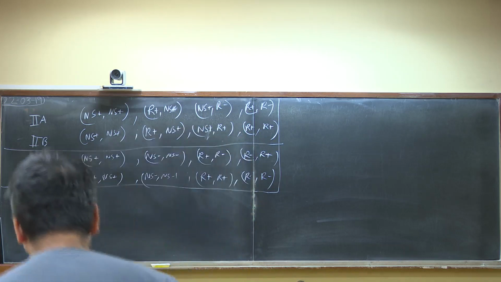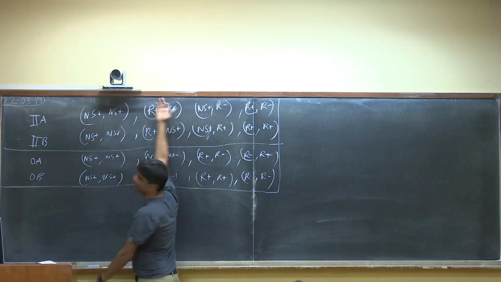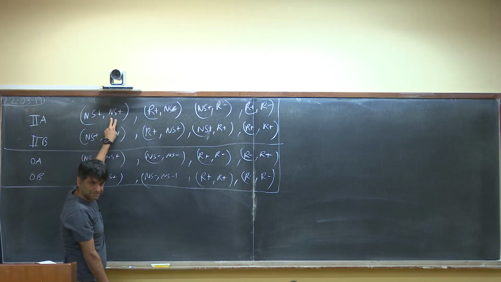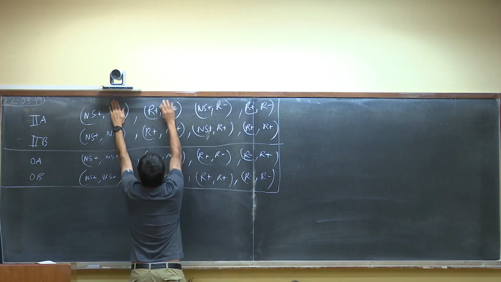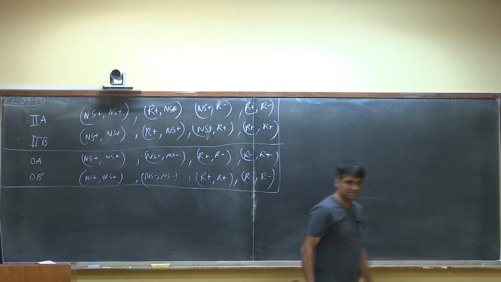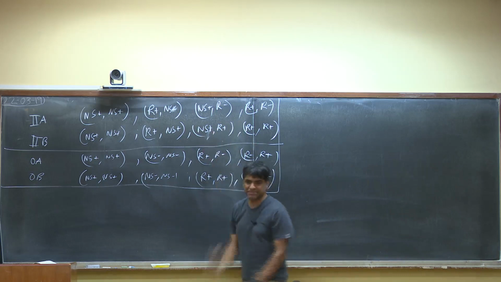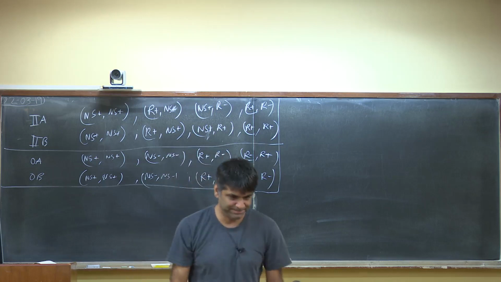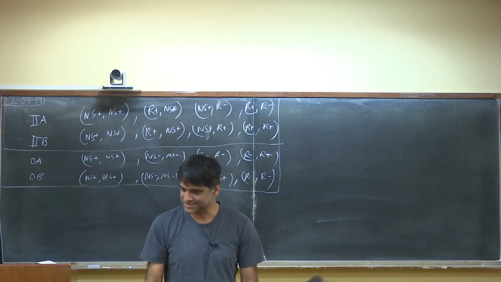Similarly, I blanked out the right moving part last time, so now you blank out the left moving part. Here, whenever you have an NS, once again it's with a plus, but whenever you have an R, it's also with a plus. So what we're seeing is that the projection we're doing, in type 2A and type 2B, is a projection that is done separately for left movers and right movers. Is this clear?